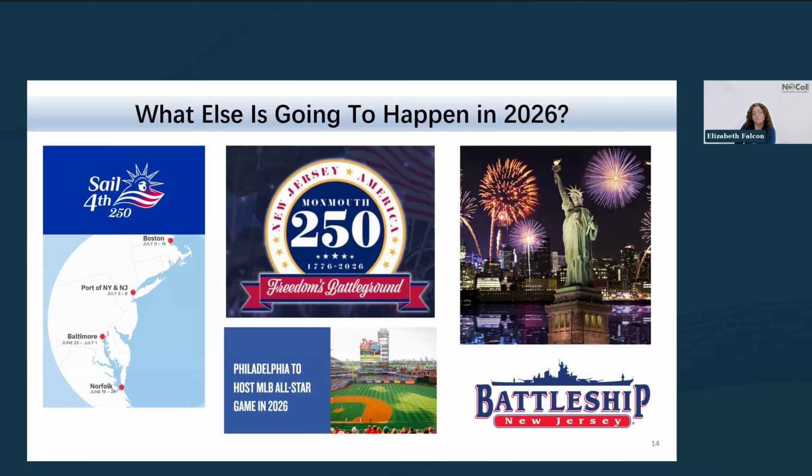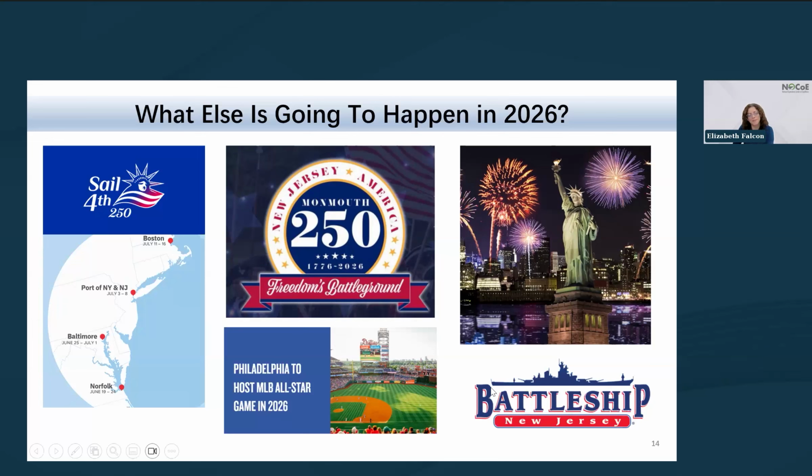The Battleship New Jersey recently got a $10 million facelift. It rests on the Delaware River across from the city of Philadelphia, where the MLB All-Star Game will be hosted. Put all of these activities together, then add the FIFA Fan Festival being held at Liberty State Park, state police escorts to and from airports and practice fields and team hotels.